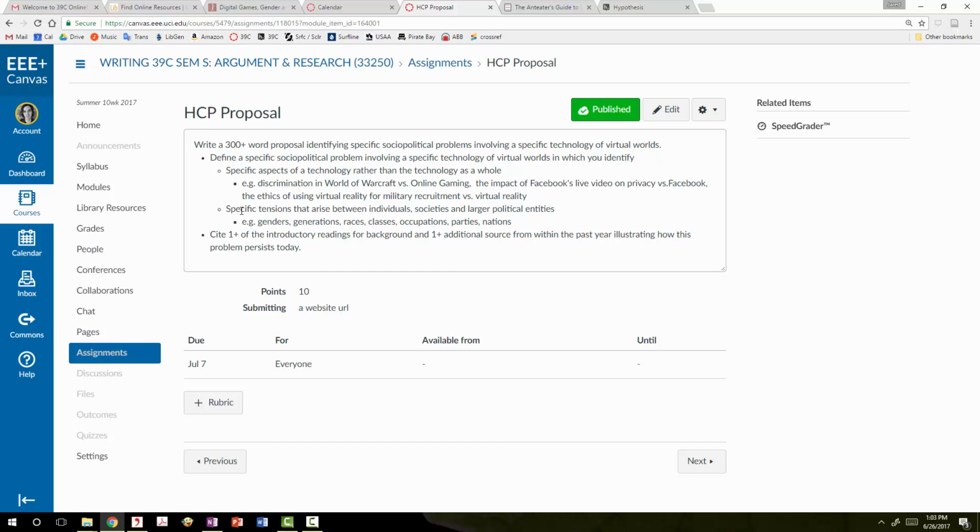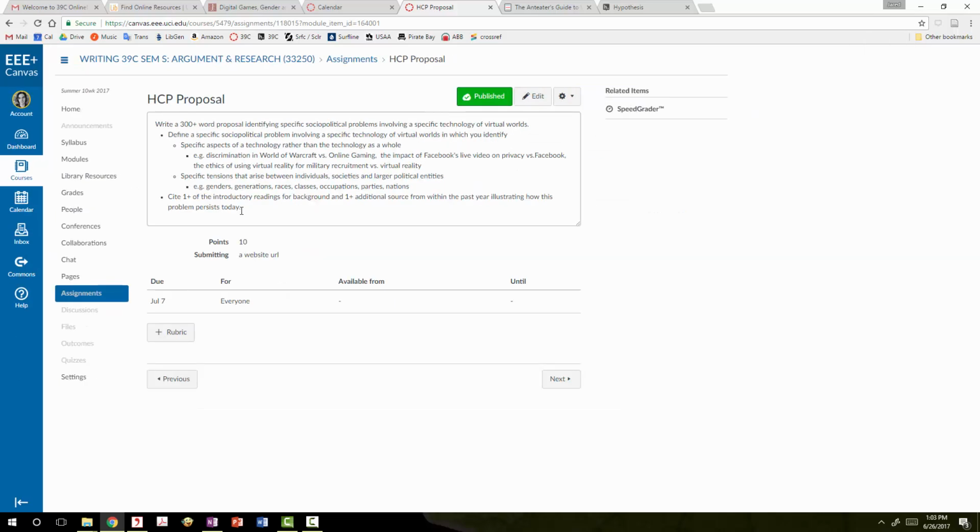You also can't just pick social media platforms like Facebook, Twitter, or Instagram. This is also too general. You would need to pick a specific aspect of these platforms, like the influence of live video on privacy, or something of that nature. Likewise, virtual reality, or any of the popular VR technologies, need to be narrowed down to specific socio-political problems. The role of VR in the military, for instance, or some other commercial therapeutic uses, the types that we'll see in the readings next week.